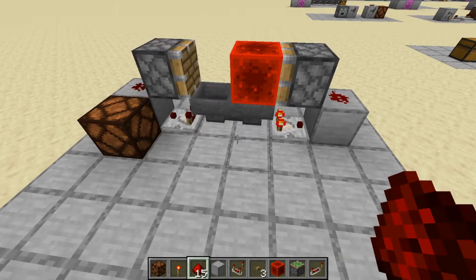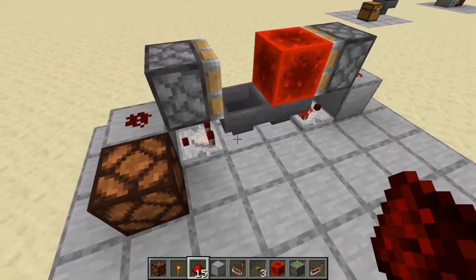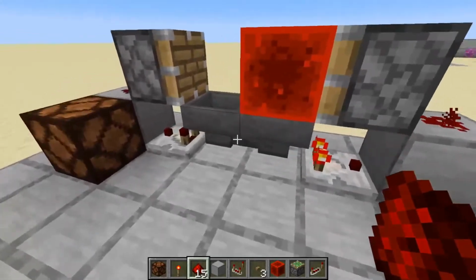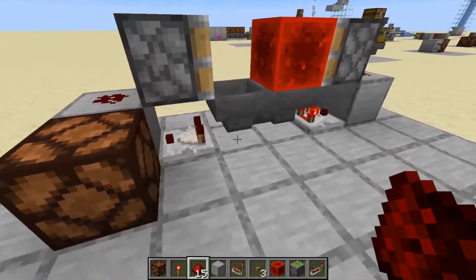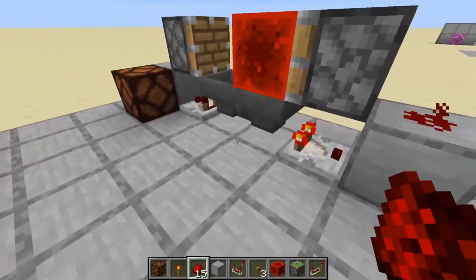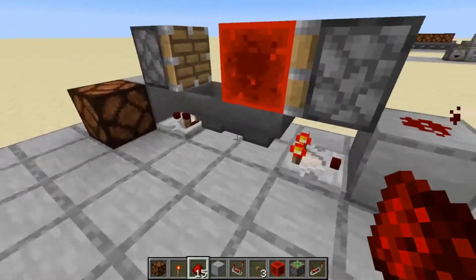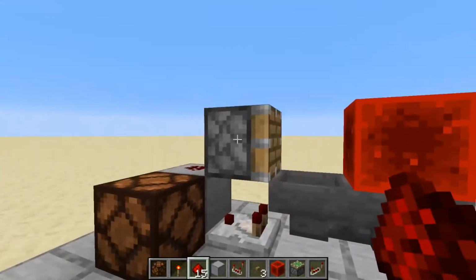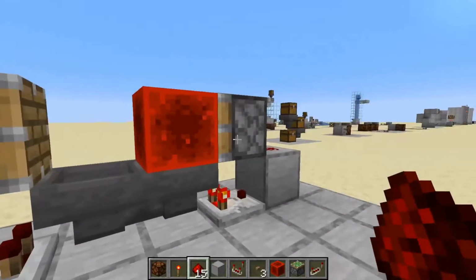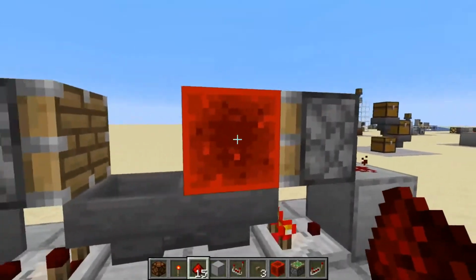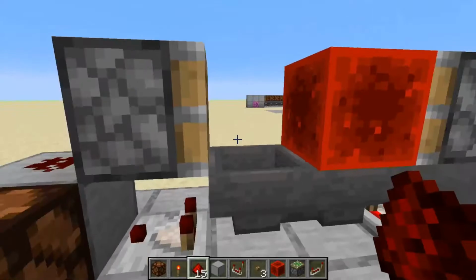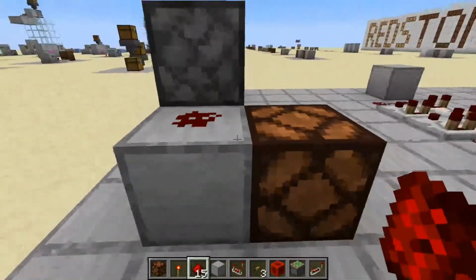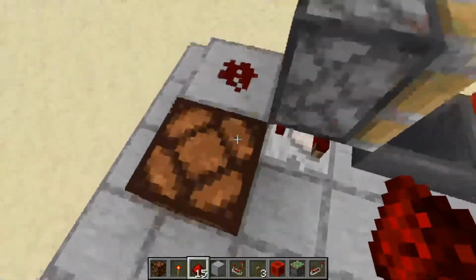Now, the second circuit that I'm going to show you is a little bit more complex, and it does look a little bit like an Etho hop clock, but it's not. It is a pulse extender. This design is from Code Crafted, and it's fantastic if you want a much longer pulse. So as you can see, we've got 2 hoppers that are fed into each other here, and we've got 2 pistons that can be powered here, and a redstone block that's going to swap places in these 2 positions when I activate it. And your output is going to be this redstone dust here,